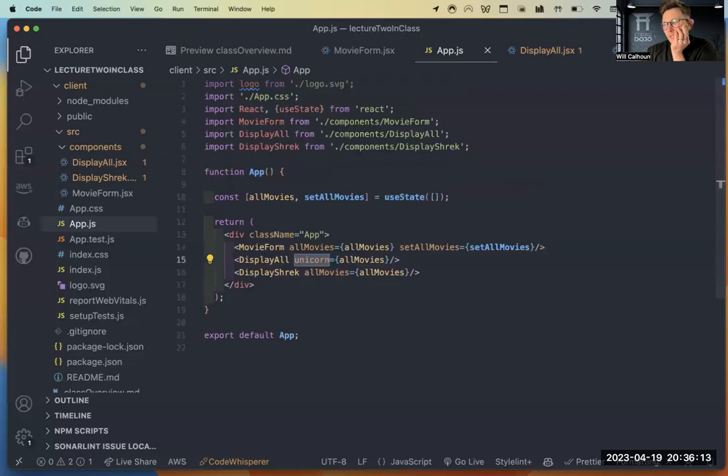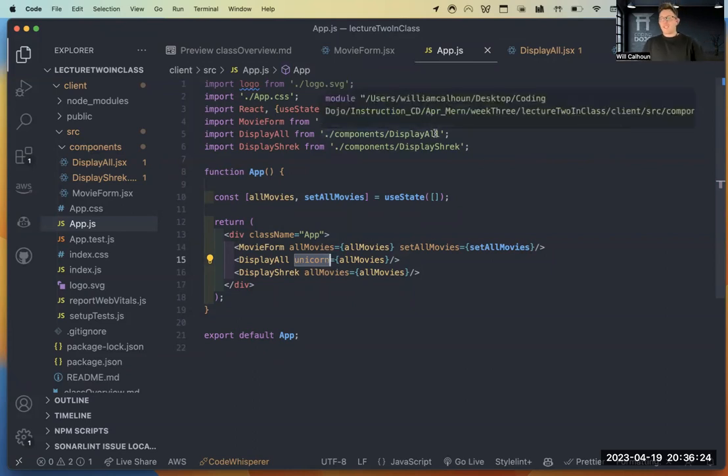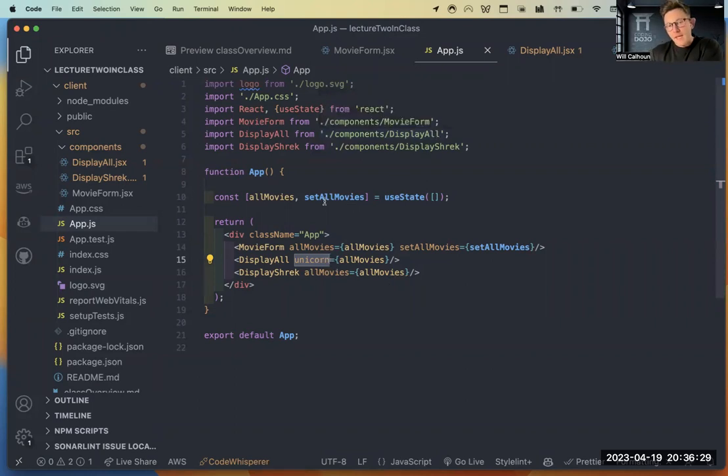Any questions on this, on lifting state? Can you guys put it in the chat? I know that the cookies thing is very funny, but any questions, anything I can clarify on lifting state? Does it make sense why we're lifting state? Does it make sense how we lift state? Again, you don't have to pass in everything. If something only needs access to one piece, you only have to pass in one. If it needs access to both, then you pass in both.